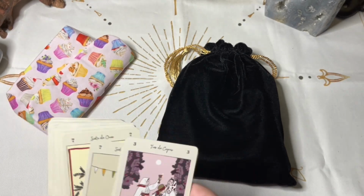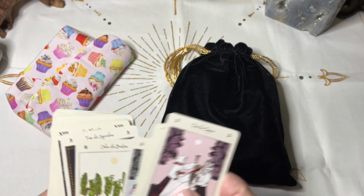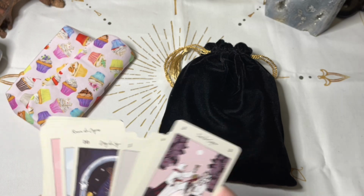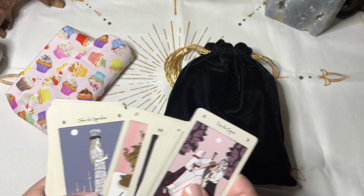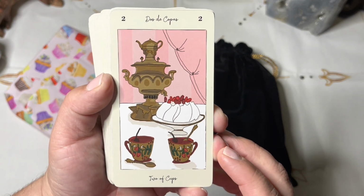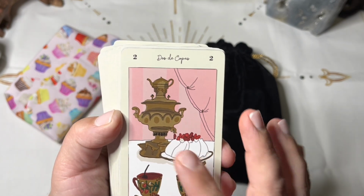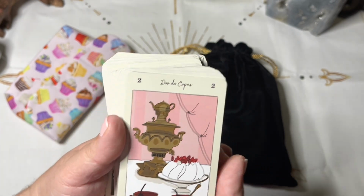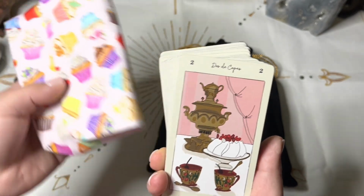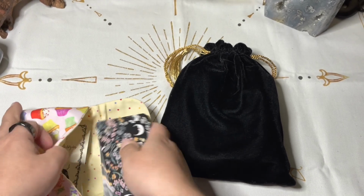Let me find the card. There's one card in here that basically just summed the deck up for me, and that's what I based my pouch selection on. And it is here. It's the 2 of cups. So you have 2 teacups with some cake and a fountain, or I guess that's the very fancy teapot, but tea party with cake, sweets, it all just meshed well for me. So that is my daytime deck, the Tarot de